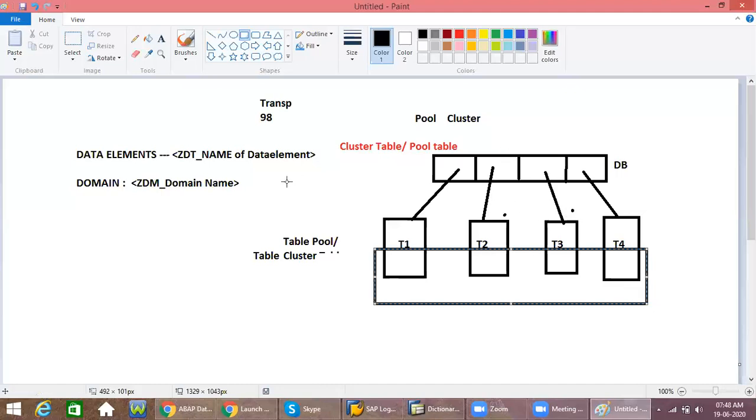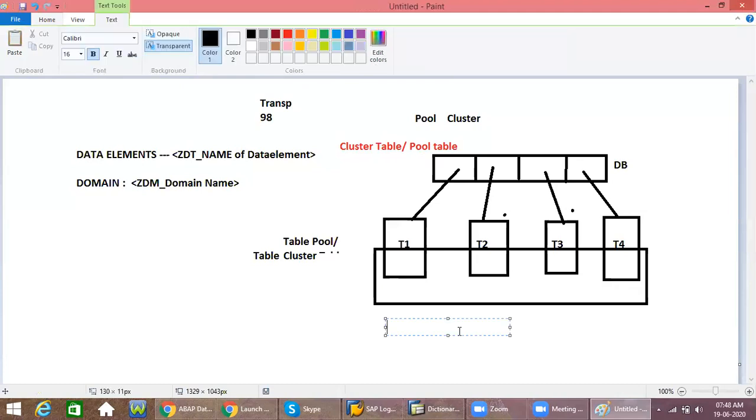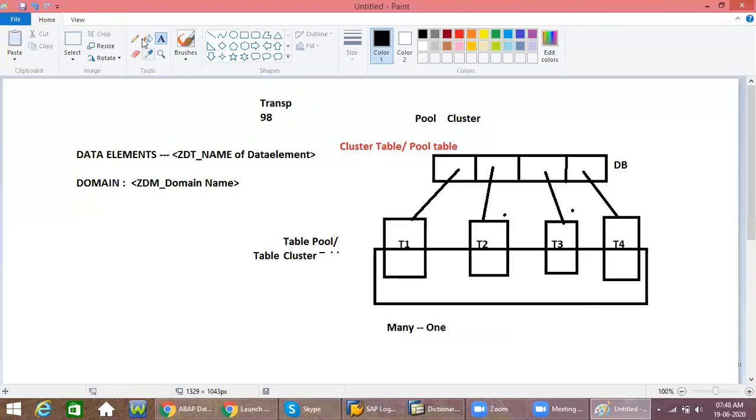Here the relationship between these tables, the cluster tables and pool tables, is many to one. That means many tables are linked with one table, right?